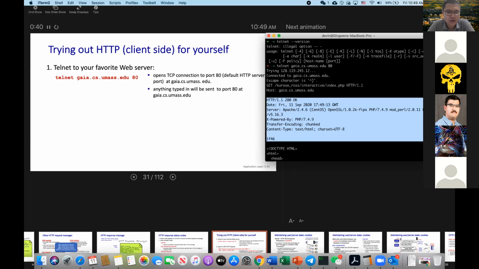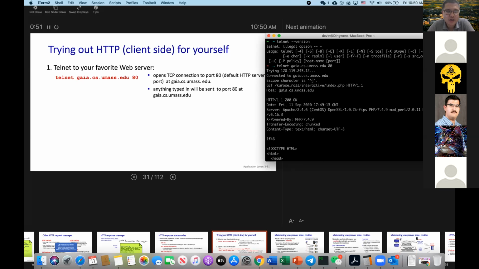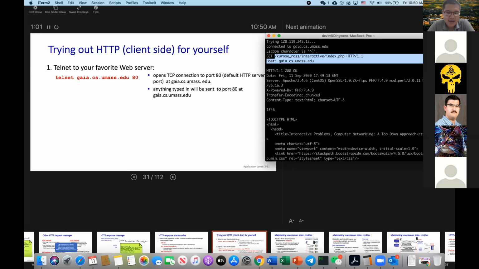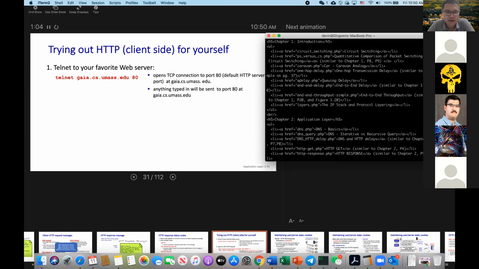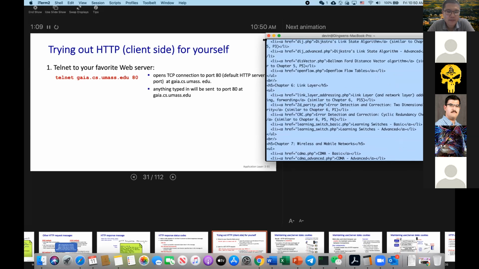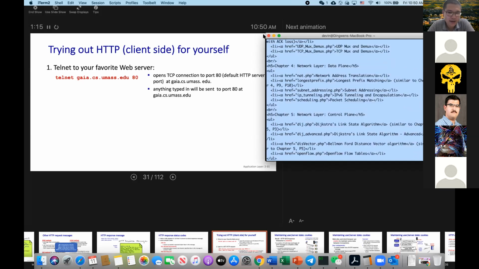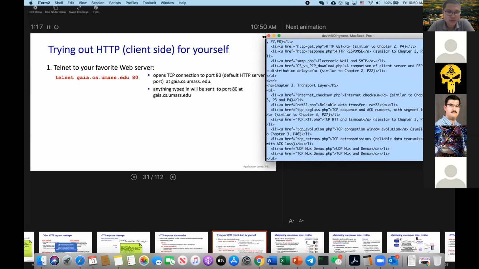We will talk about the response message of the HTTP protocol, but I want to quickly demonstrate that if you are using Telnet, you can first establish the connection with the HTTP server. After that, you just use the GET method to get the contents from this web page, right? And then you will get the HTML, all the things right here, and your browser will just display this HTML content in your browser.